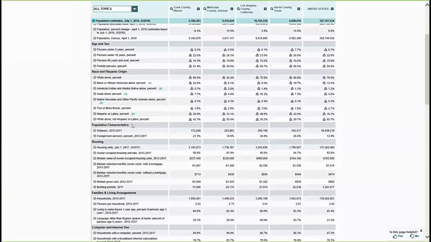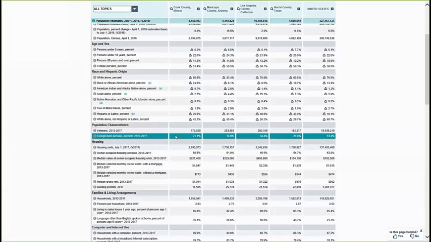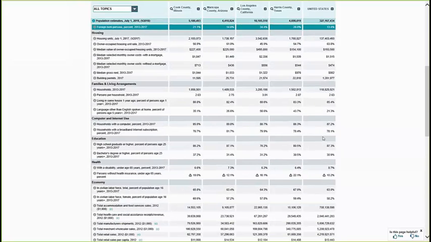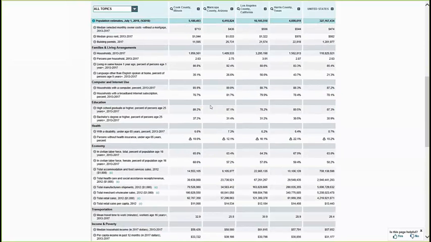Right, population characteristics such as veterans, the foreign-born percent. So in Cook County, we've got about 21% foreign-born. Los Angeles, 34.4%. The United States average is almost 13.5%. I'm going to scroll down a little bit more. You can get a feel for the variety of information, families and living arrangements. One of our new topic areas is computer and internet use. So we ask about households with a computer and whether or not they have broadband,